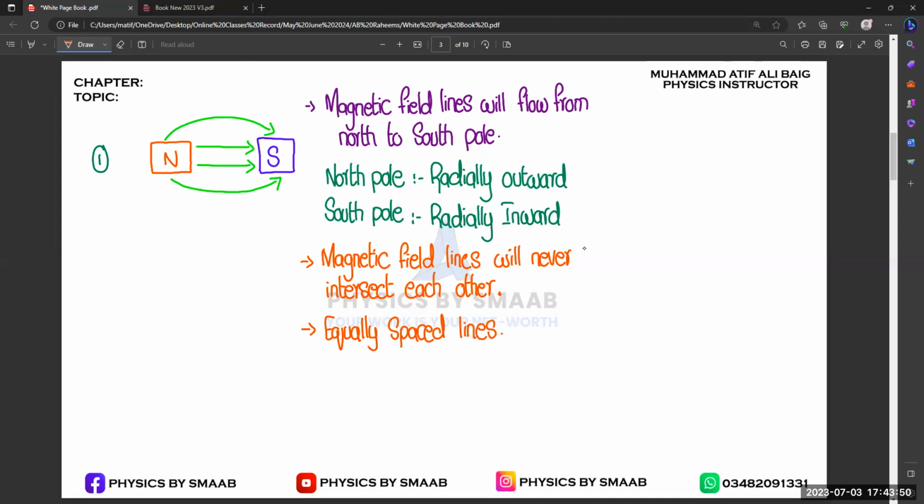Since we are talking about magnets, we know that the magnetic field will be constant. When we are talking about electromagnetism, the concept will be different, right? Since we are talking about magnets, we can say that it is a uniform magnetic field, right? And one more thing,